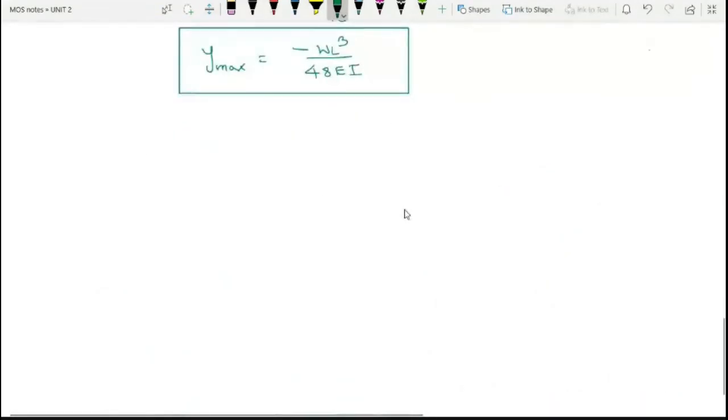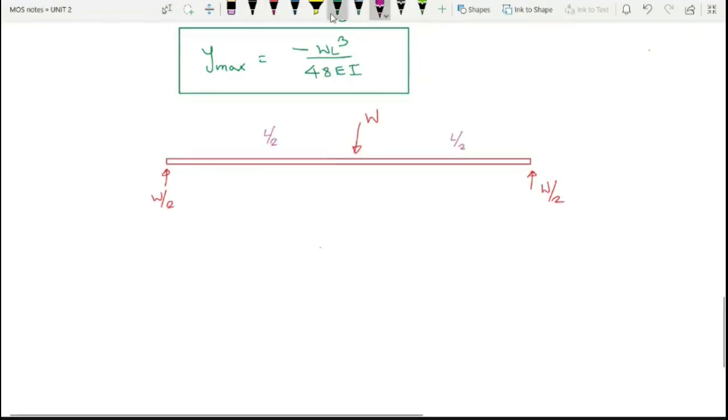I'm going to say solve the same problem by taking the section in a different location. This is my beam. Let me consider I have a section here. In that case, this is X. I'm coming from left to right as earlier, so I am going to take bending moment from left to right.